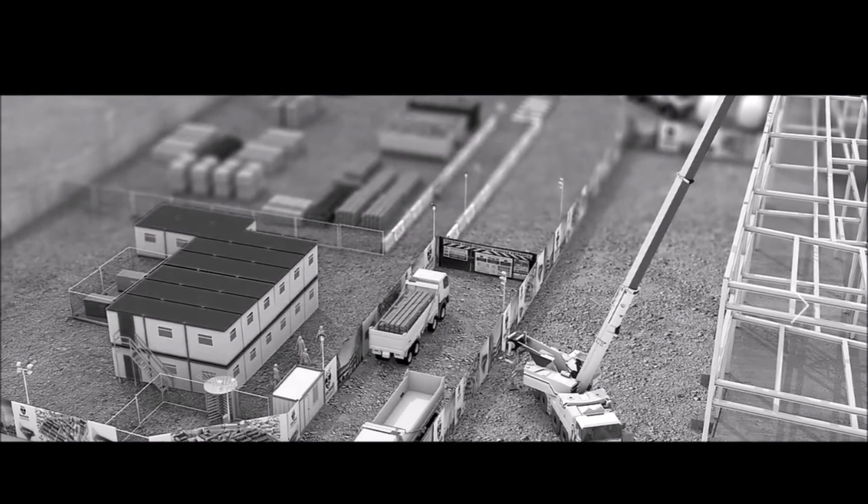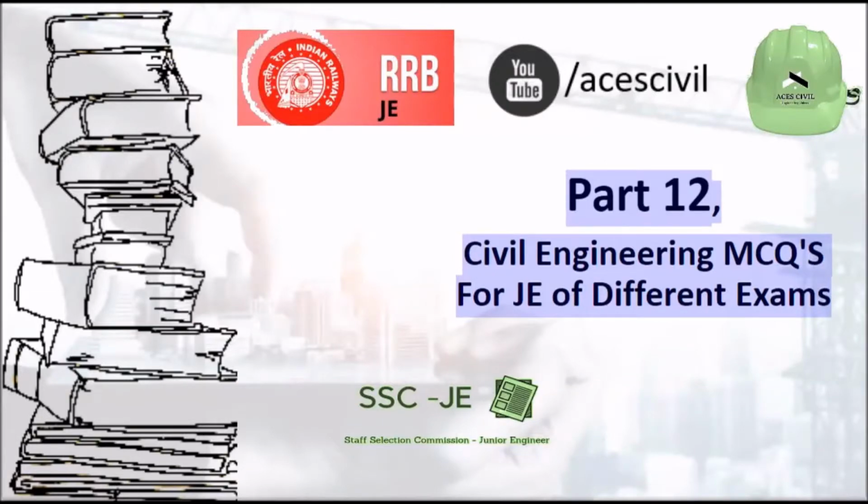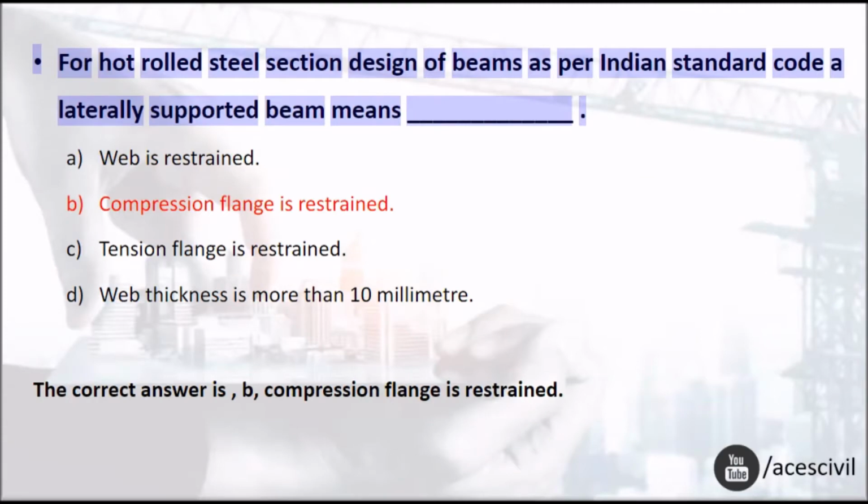In today's video we are going to discuss civil engineering MCQs for JE of different exams. For hot-rolled steel section design of beams as per Indian Standard Code, a laterally supported beam means